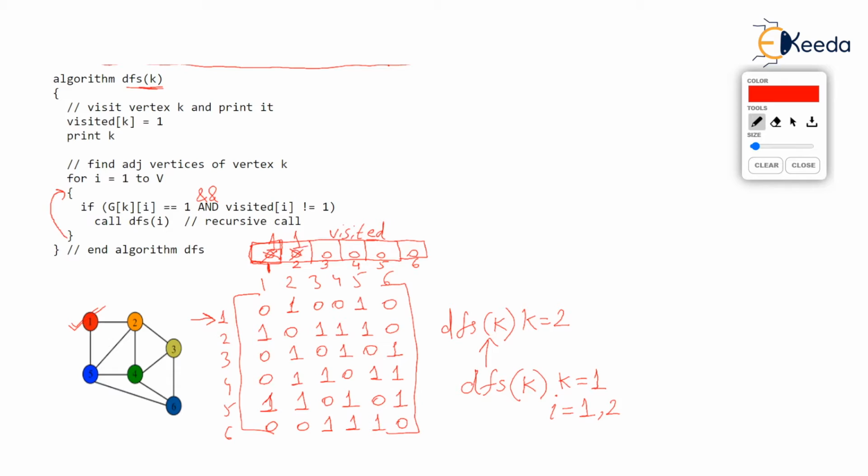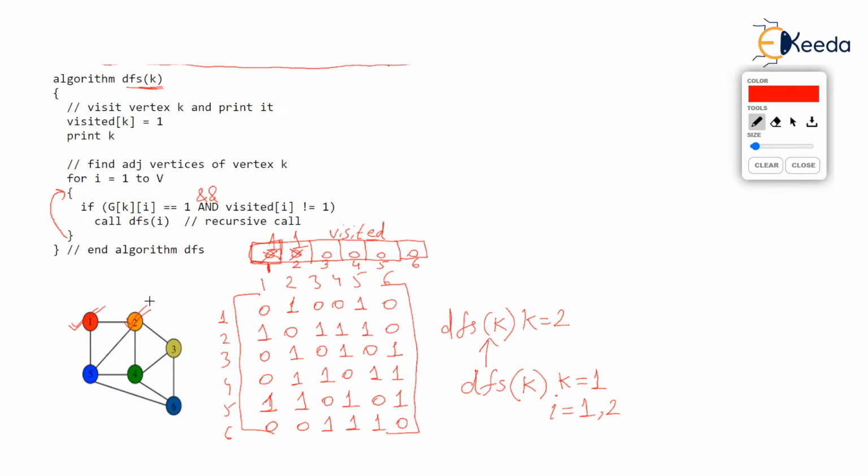What that means is we have already visited the second vertex. Okay, now what? We have to see the neighbors of 2 and take the least numbered neighbor. Remember, how do you see the neighbors of 2? It's very easy. If you want to find out who the neighbors of 2 are, you will just see the second row, isn't it? Because k is 2 now.